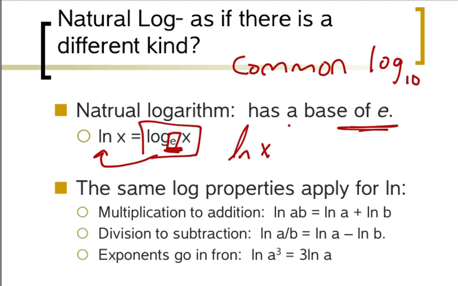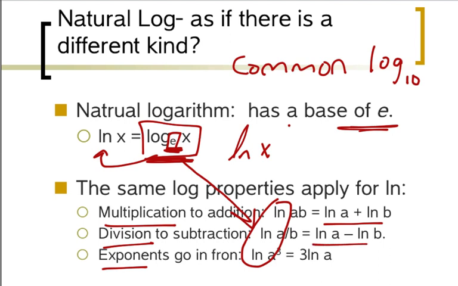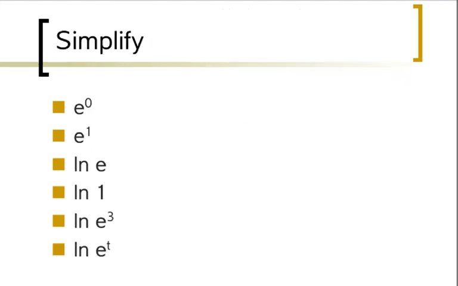Okay? So it has all the same log properties that we had. We had the multiplication property, the division property, and exponent property that we had with our regular logs, but notice it's just written ln, because it's still a regular log. It's just base e. When it says ln, it's just log natural. I mean, it's base e, but it's just a regular log, base e. All the compression and expansion rules still hold true. So if I was to work on simplifying some things with base e, first of all, anything to the 0 power is 1. It doesn't matter if it's e,